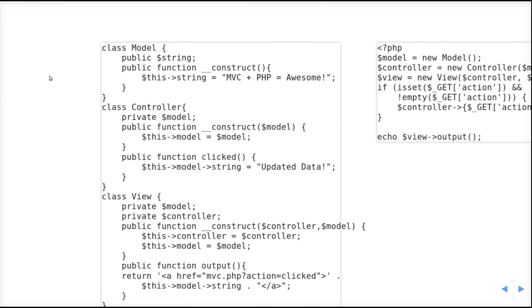And here you can see what I put in those statements as a way of demonstrating this. In the controller, you've got a response to the action of clicking, and if that happens on the original string, the string is updated. The model, which is our string, is updated to say updated data. And in the view, you can see the view is set up with a new statement